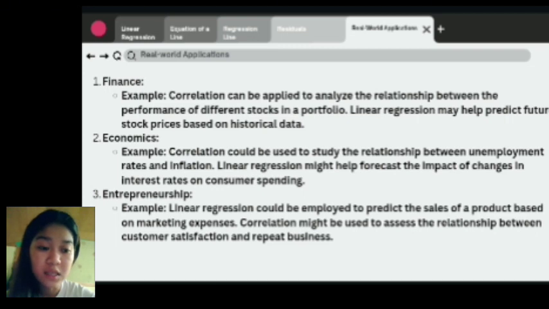This means that when the price of stock A goes up, there is a high probability that the price of stock B will also go up. Conversely, if the correlation coefficient were -0.8, it would suggest a strong negative correlation. In this case, when stock A's price increases, stock B's price is likely to decrease. And next we have